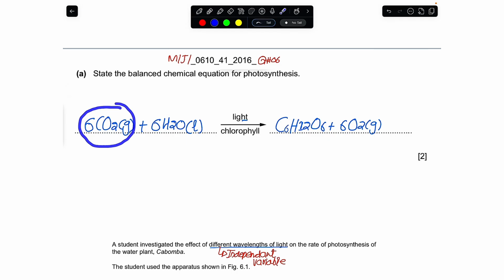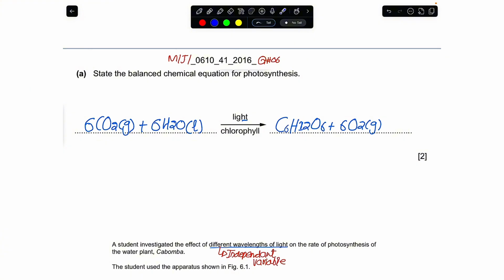So this is a fact: 6 molecules of carbon dioxide gas, and now I'm adding a plus sign here. We would combine them with 6 molecules of water, and then we are making glucose. The formula goes as C6H12O6, and along with that we are releasing 6 molecules of oxygen